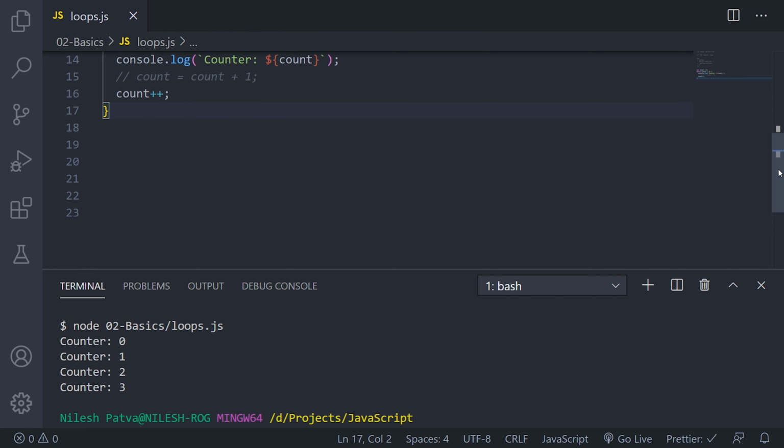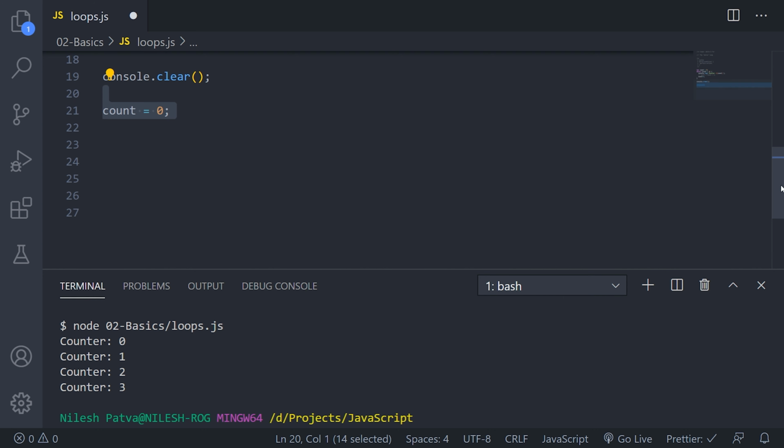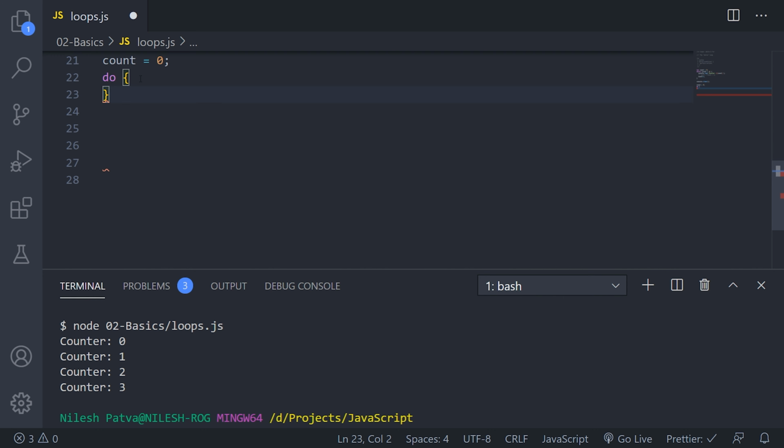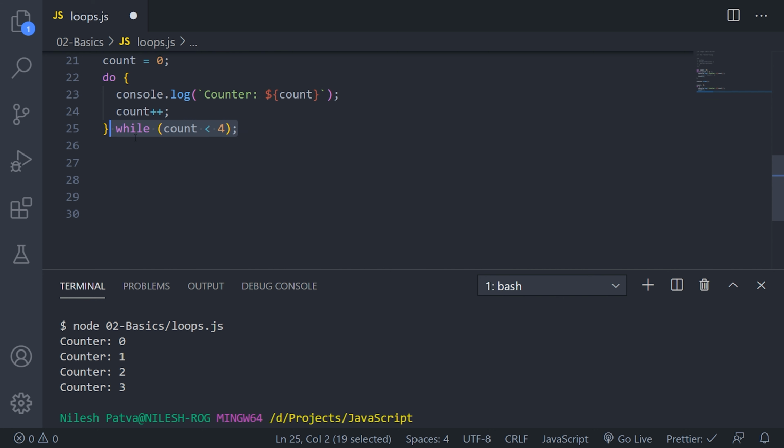Now let us see another variation of the while loop, that is the do while loop. I'm resetting the count variable to 0, and to write a do while loop you just have to write the do keyword, then the curly braces, and within the curly braces you provide your code which will be executed, and then you write the condition.